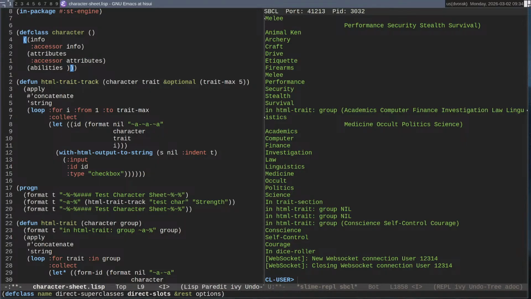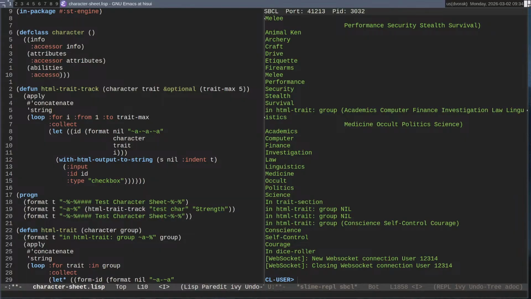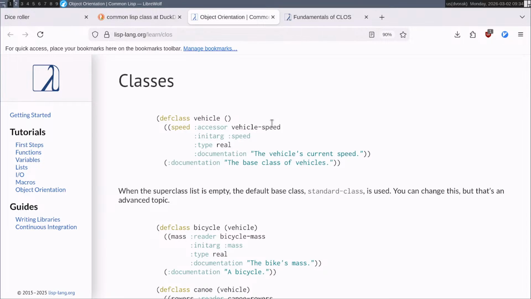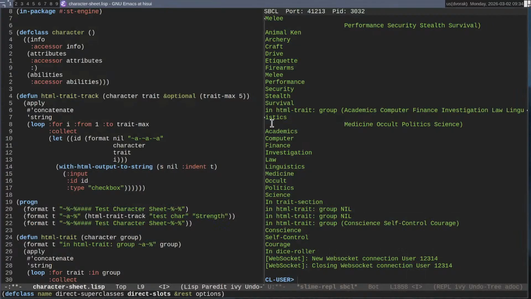Attributes and abilities. Now, I'm not sure what we're going to do with info just yet. I don't need type because I'm going to have an initial argument. Initarg speed. Initarg is make-array.